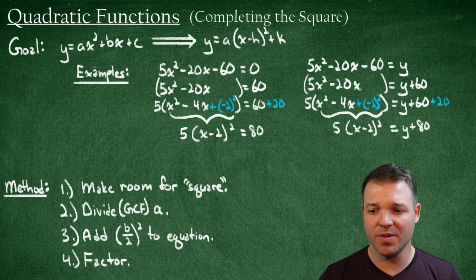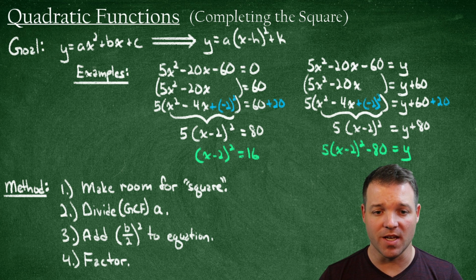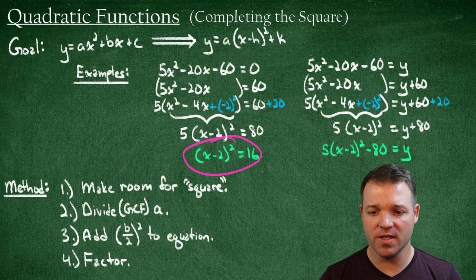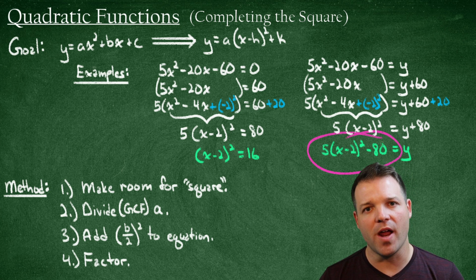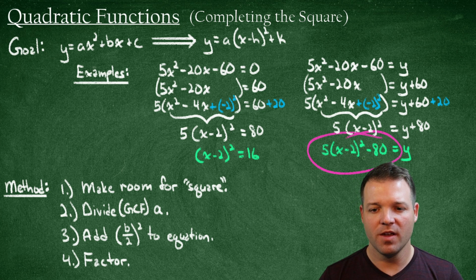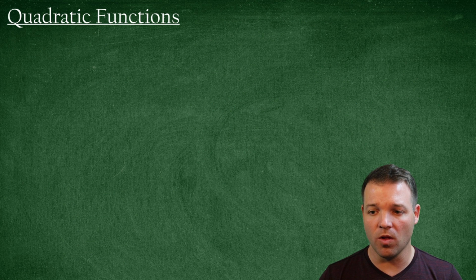After that, you can basically do whatever you need to do at that point in time. In this case, over here, we would just solve for x by taking the square root of both sides. And over here, maybe you graph this thing because it would be super easy to graph. Or maybe you figure out the zeros by saying y is equal to 0, setting the whole thing equal to 0, whatever you want to do. Okay? All right, so let's go ahead and practice this